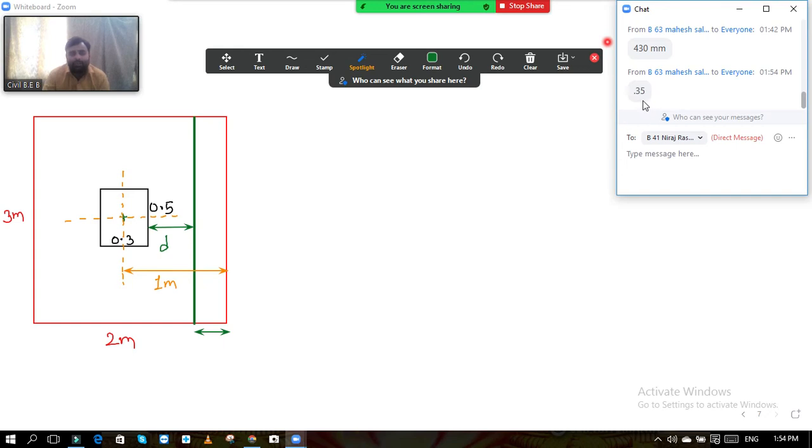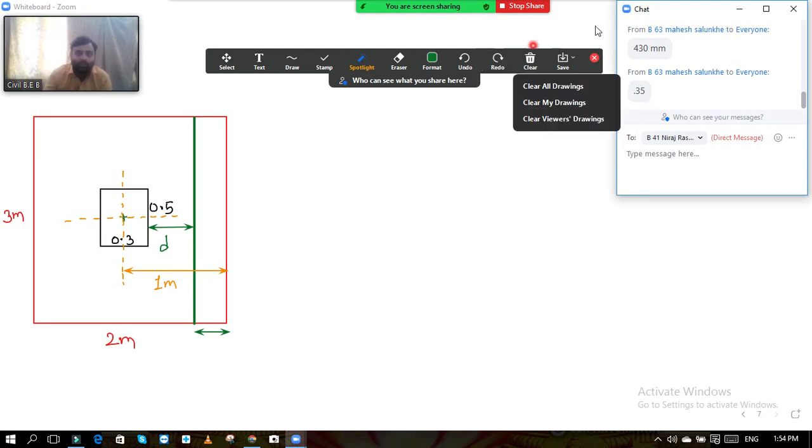It should be in terms of d now. Still we have not finalized the depth. Have we taken the check for depth for this 430 mm? No. That 430 mm depth we calculated from the two-way shear criteria. Now similarly we have to calculate the depth from the one-way shear criteria. We don't know the depth.